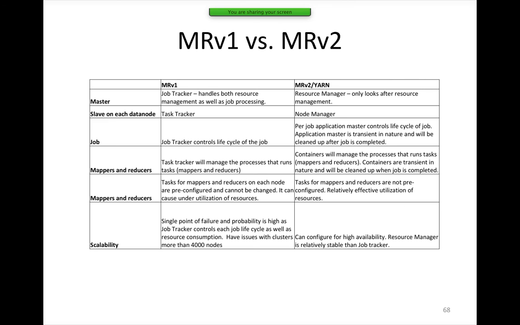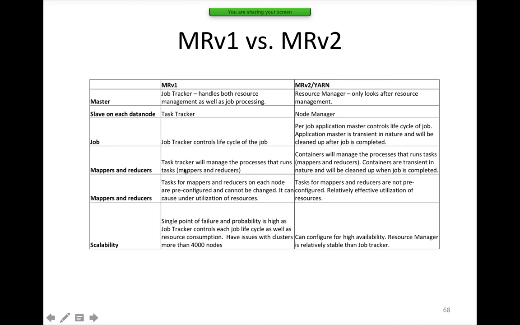The URL to get the logs is changed to history. The application URL is changed to history because the application master is dead, and the process will not be running anymore in the backend, and you will not be able to fetch the logs. That's why the logs are copied to job history, and the application master URL is changed to history in the resource manager web interface for that job.